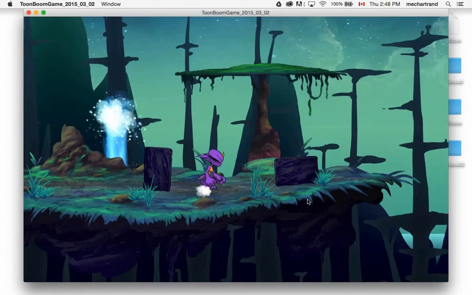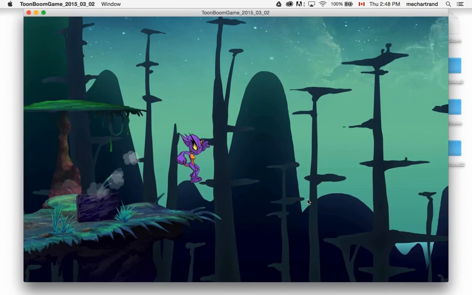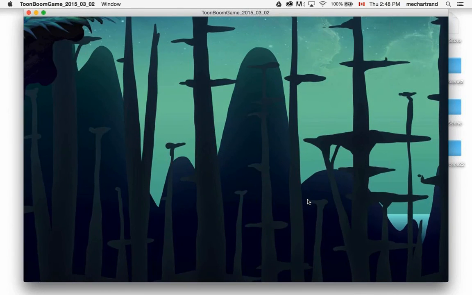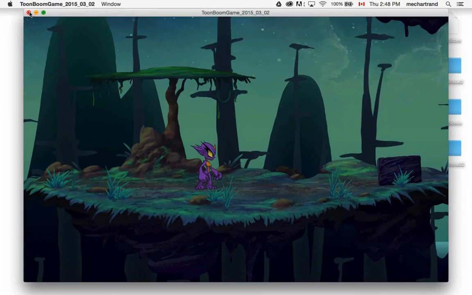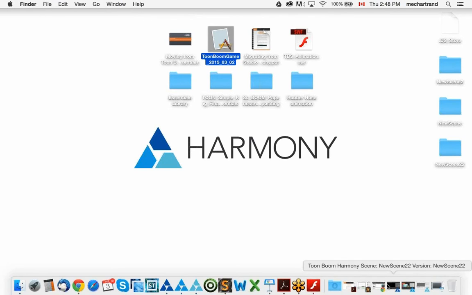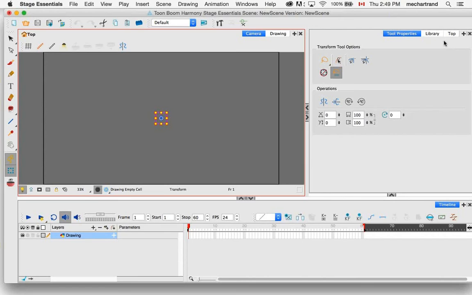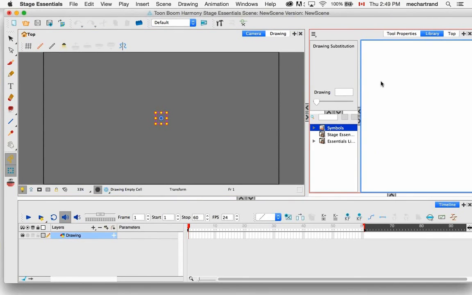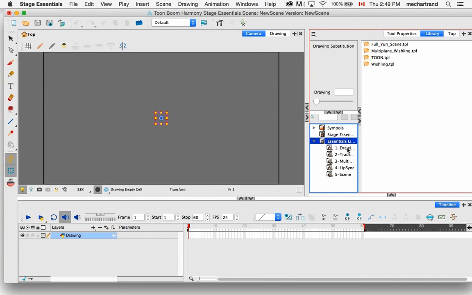But so all of that you can create. It's pretty fun. So that's something that, as I said, all editions of Harmony allow you to do. Also, one other great thing is that you have the ability to draw storyboards in Storyboard Pro, and from either Essential, Advanced, or Premium. So if you have Essential, you can export your Storyboard Pro and open it directly into